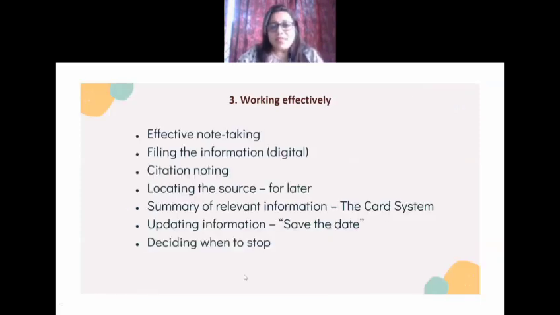So now the third step is working effectively. This takes a lot of effort, and we must spend a lot of time in teaching, in discussing, in conveying this part of it to a research student. I'm not speaking of the different research methodologies per se. I'm speaking about practically how a student has to do research, or how a student can help to do research in the correct manner. You go through a lot of information, both print as well